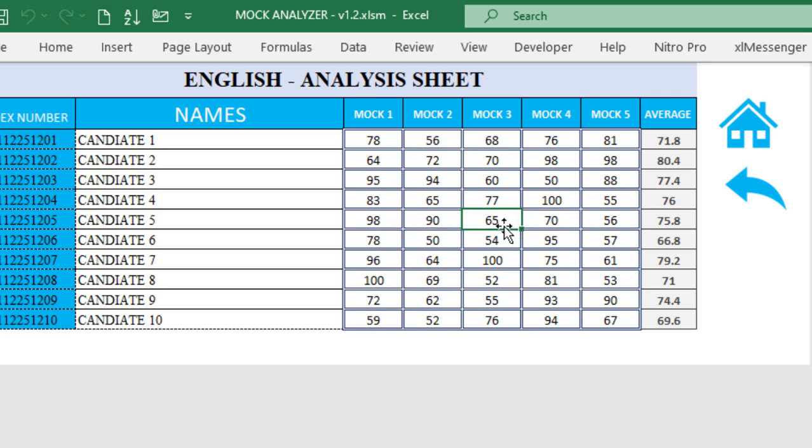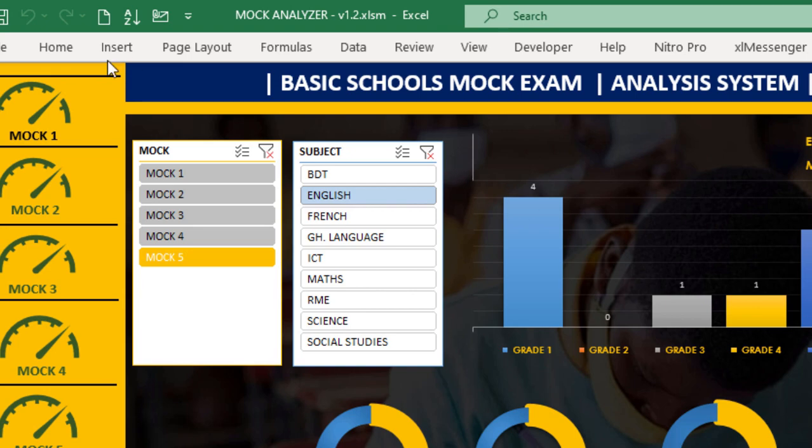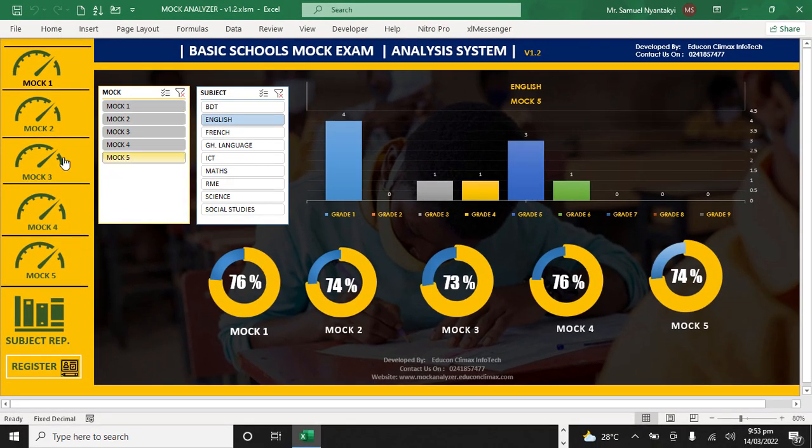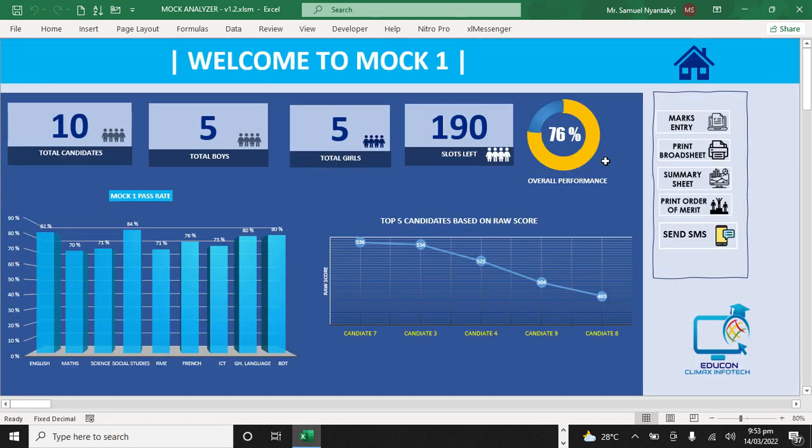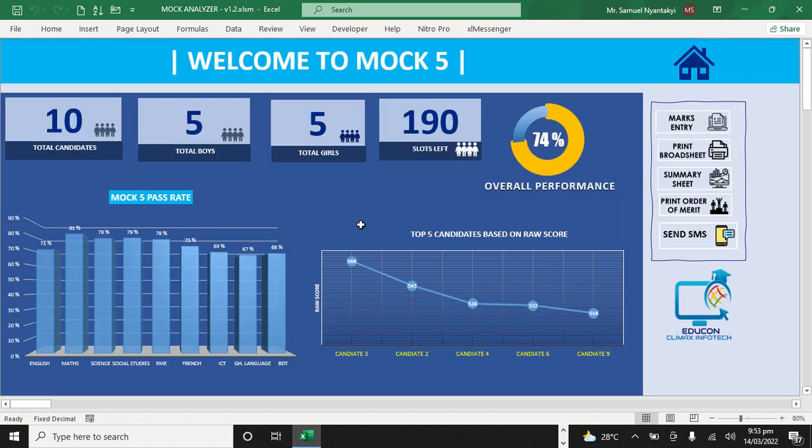And then after talking to the person, you can see improvement, and it should shoot up again. So this is what we are trying to do this time around. We have 5 mocks together, and then we have the analysis done and dusted. So you can always come. So now let's check mock 5, order of merit,